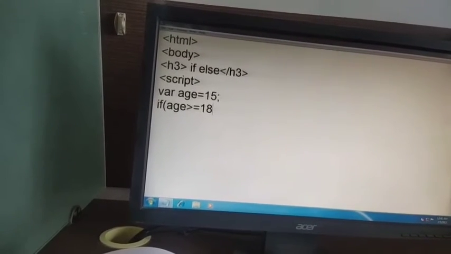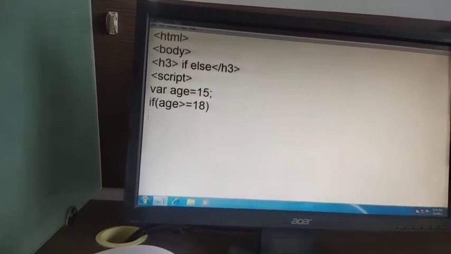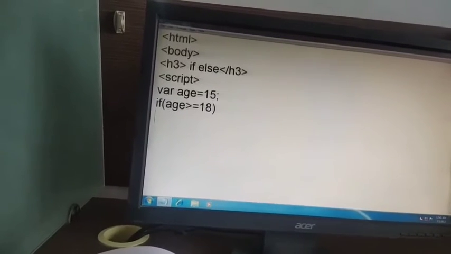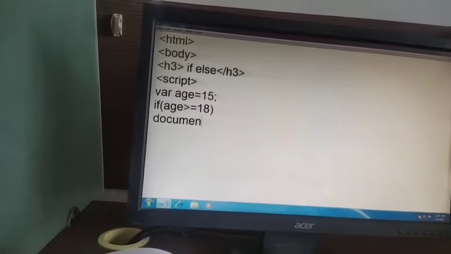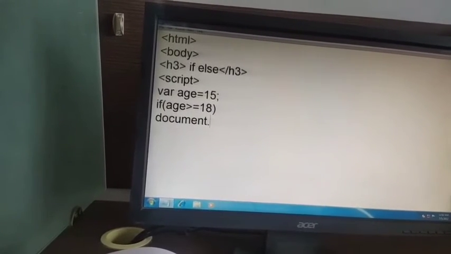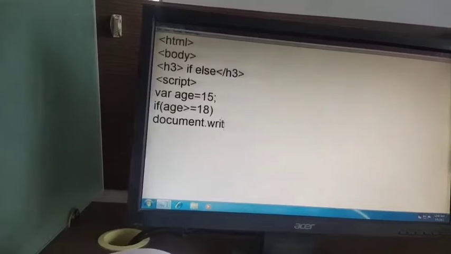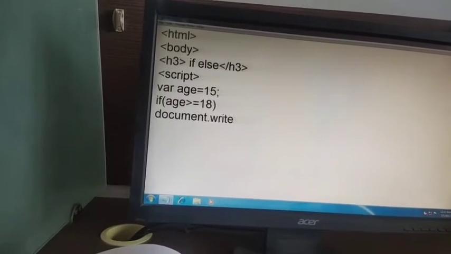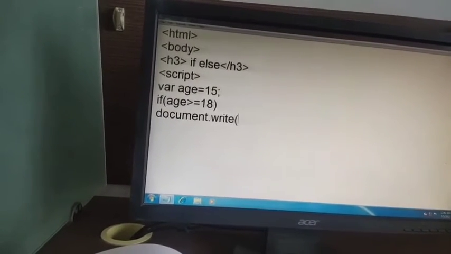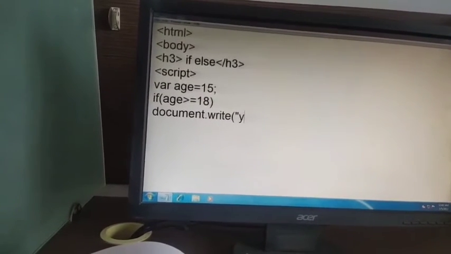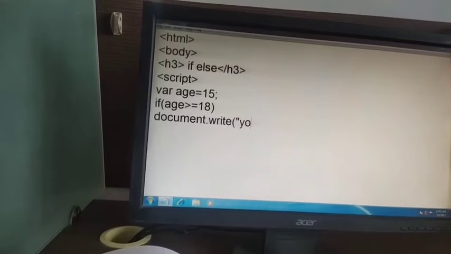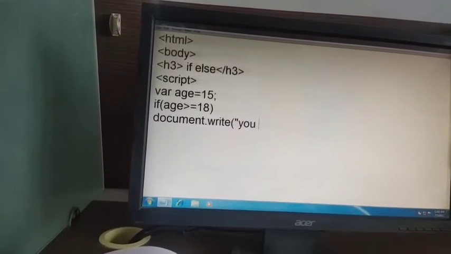Here I am using the if-else statement. If this is true, then document.write, in inverted commas, you write you are eligible.